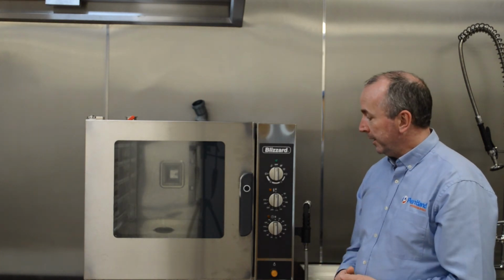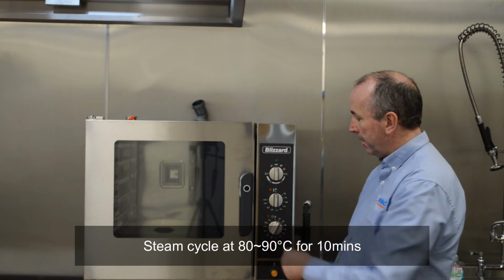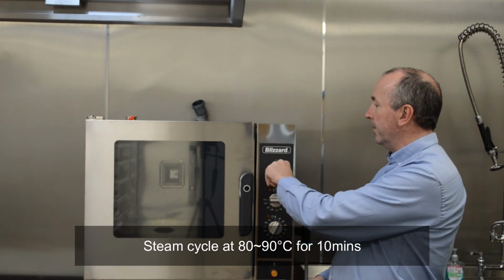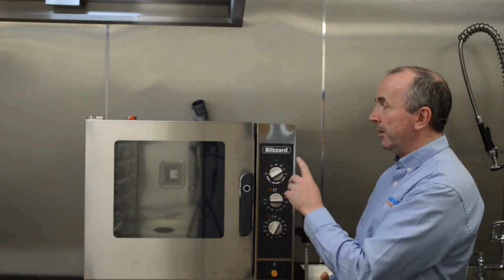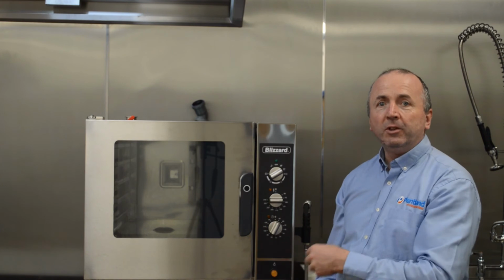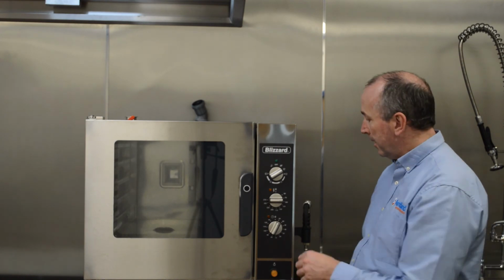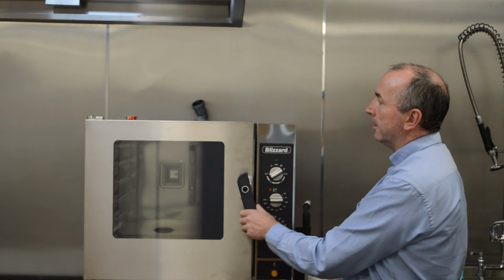But to start the cleaning cycle, what you will do is you will select a time, about 10 minutes, temperature between 80 and 90, and you will do a full steam setting to bring the oven onto a full steam with the humidity flap in the closed position. That will just steam the interior of the oven and release any loose dirt that's floating around the oven chamber. After 10 minutes, you would open the door,